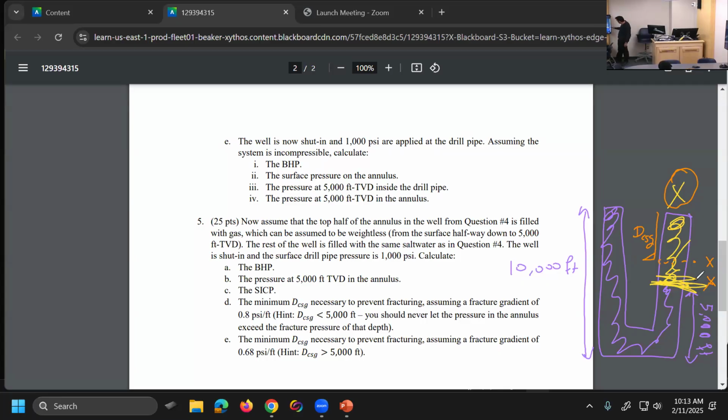So you just need to find the pressure here and say that the pressure here is equal to the fracture pressure here. And what is the fracture pressure here? It is 0.8 times dCSG. One unknown, dCSG. You find the pressure here, and that is the same